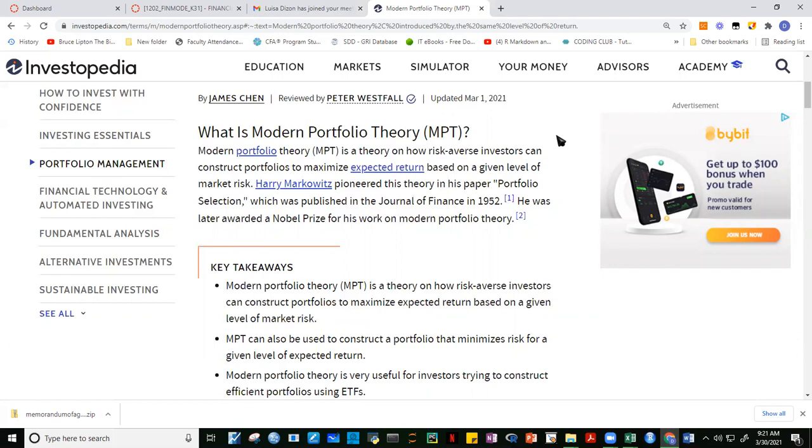Okay, so ito, yung sinabi ni Markowitz sa MPT, sabi niya, pwede ka mag-hold ng portfolio so that you can maximize expected return and at the same time you can mitigate against the risk compared to kung nag-iisa lang yung asset mo, no? So itong theory na to, it's required, medyo mabigat yung reading na to, pero importante as finance students, nabasa natin to, no? Published in 1952 sa Journal of Finance, and he was later on awarded with the Nobel Prize for MPT.